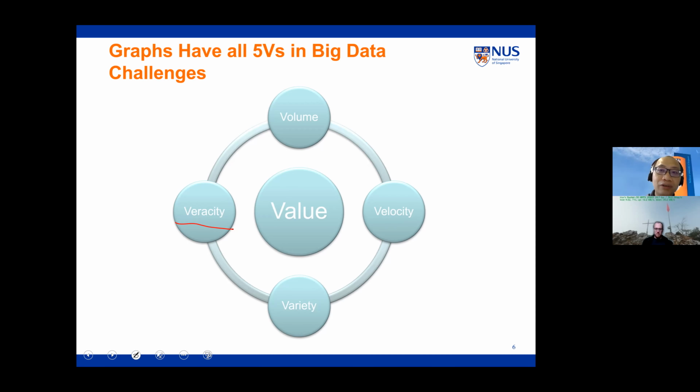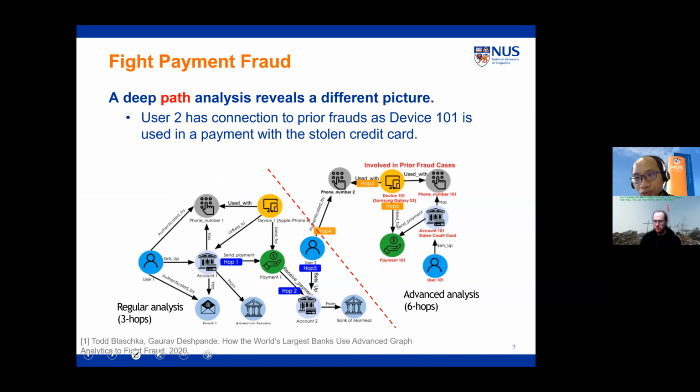So actually recently we have done some initial work on graph neural network training, and we find that even if we sparsify the graph to almost 10 to 20% of the original graph size, we can still do GNN, graph neural network training, quite effectively. So that is the part that is very interesting, also very challenging problems. Of course, in the end, we want to have the value of the graph processing. So let me give you one example to go through with you.